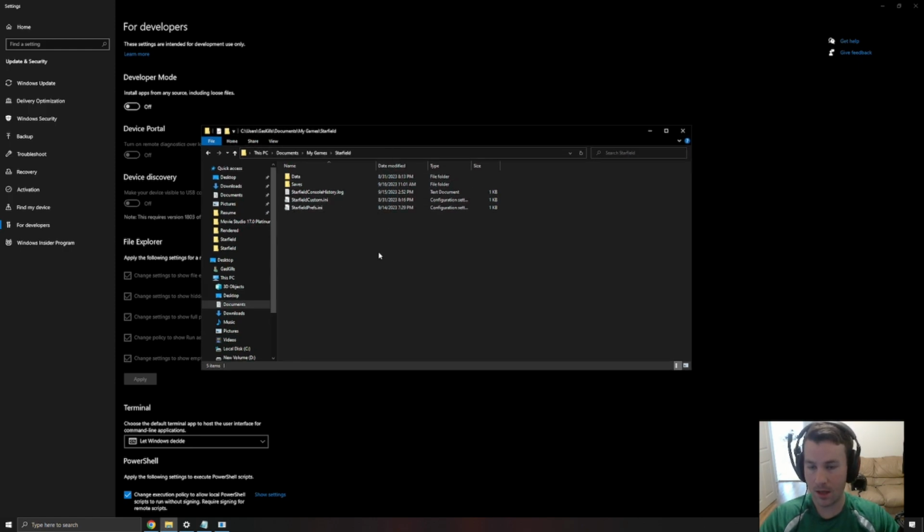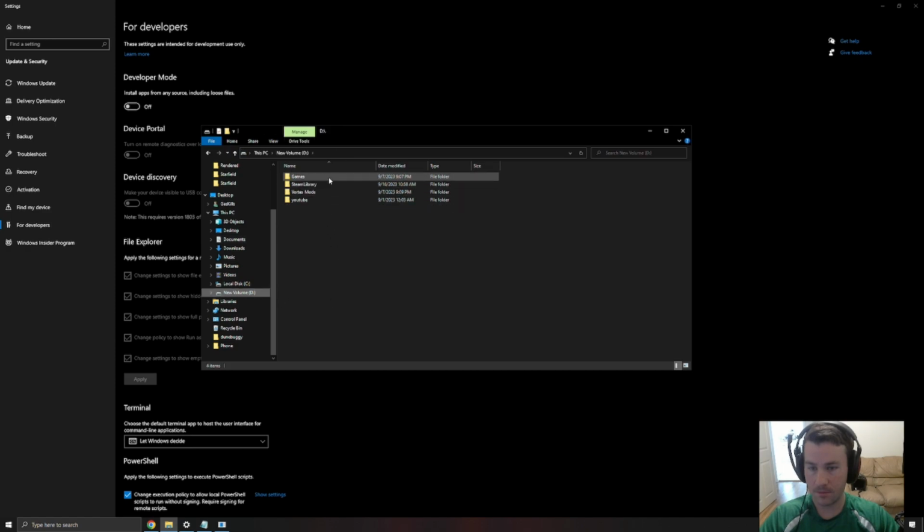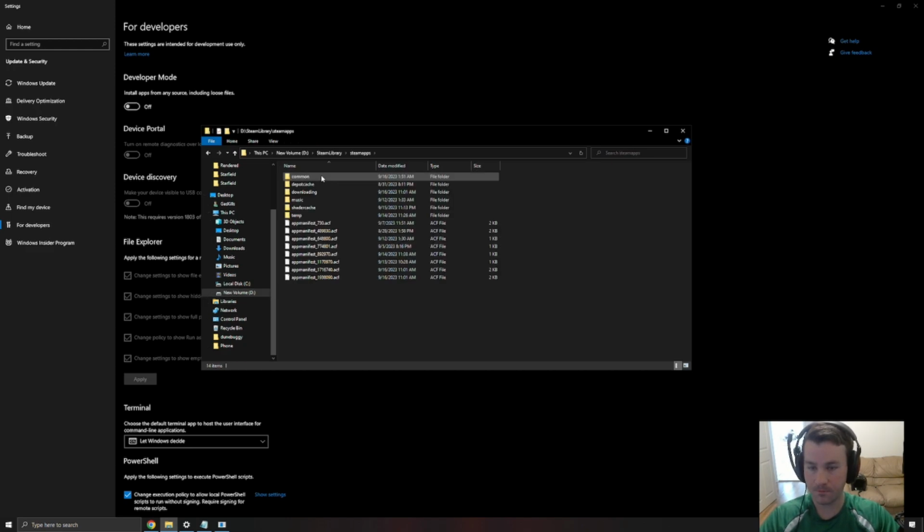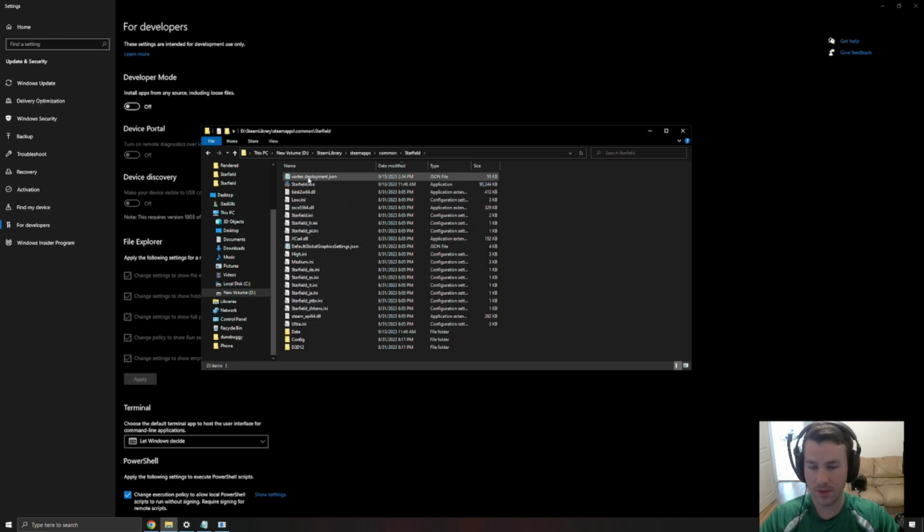So I initially tried to go into the actual game's folder in Steam. You find your local directory with the Steam library on it, then you go to Steam apps, go to common, and you'll find your Starfield folder. And this is where a lot of people were saying to put this file. It doesn't seem to work that way anymore. And there was also a mod out there for like 110 FOV that didn't seem to work anymore. So the way I did it recently that did fix it